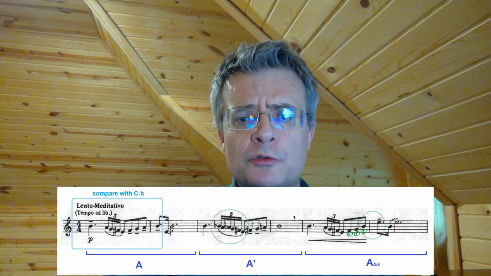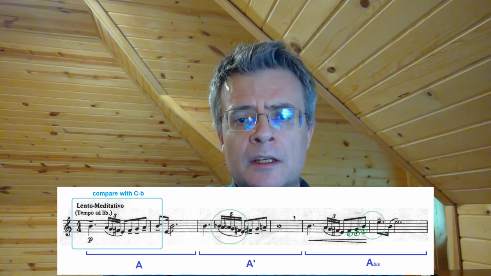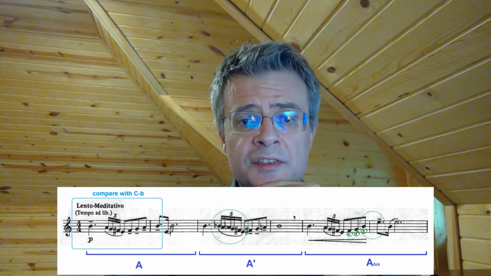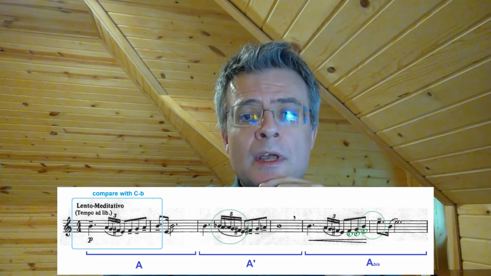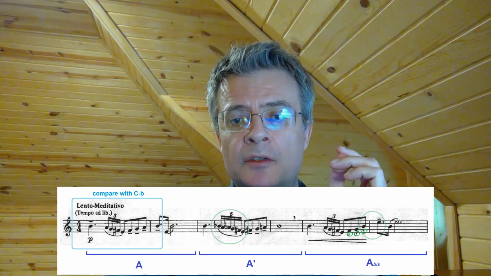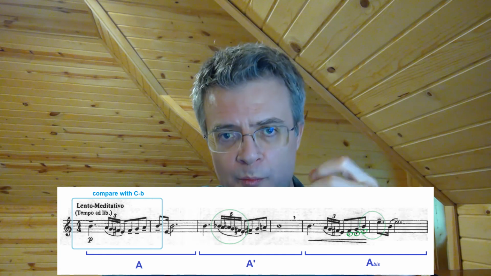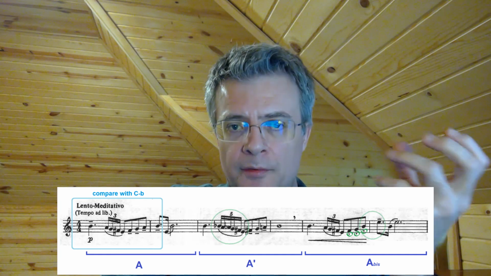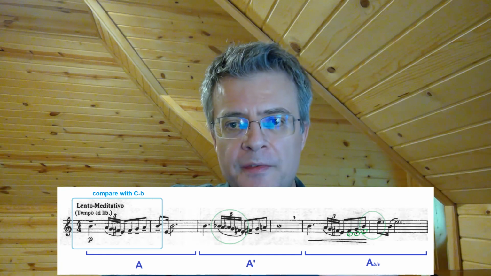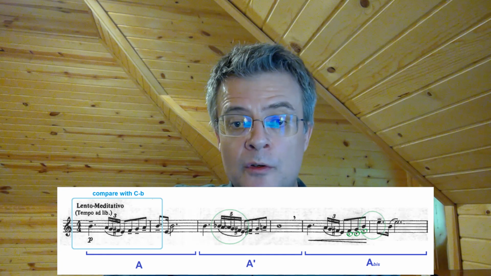The difference between A and A apostrophe or A prima is that the descending element is chromatic in the second case, and also that once the top note is reached at the end of A prima, it is not taken again by a new motion from the E. So if in the first case we have this additional fifth, mi, si, we don't have it on A prima,